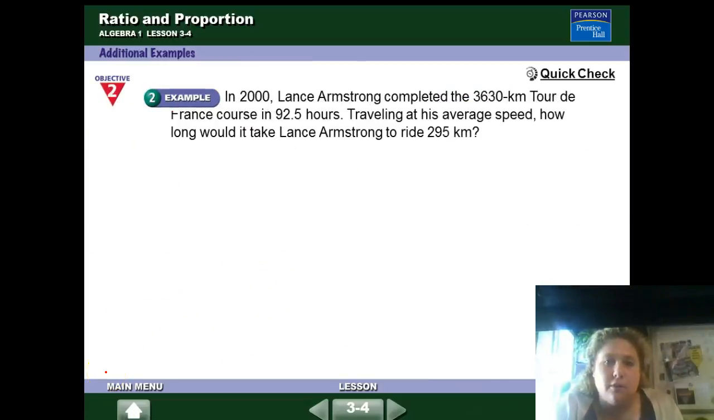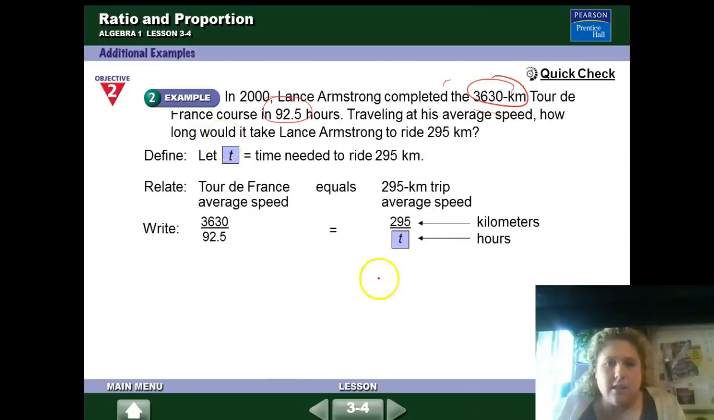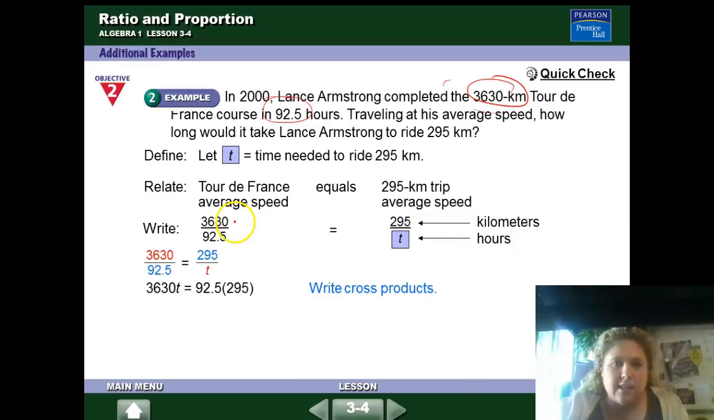Alright, go ahead and pause the video and read the problem. So you can see here that we were trying to find how long it would take Lance to ride 295 km. So here we can find what his average race speed was. Here and here is my important information. I'm pulling out that important information, and I can establish that this is given. So it took him,